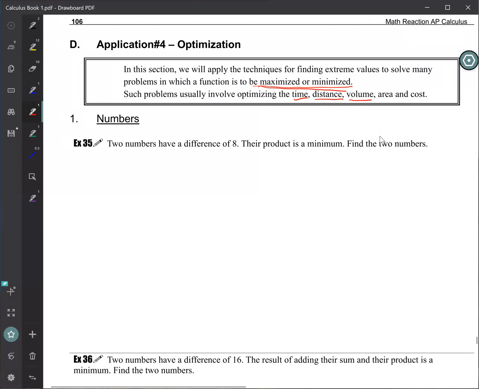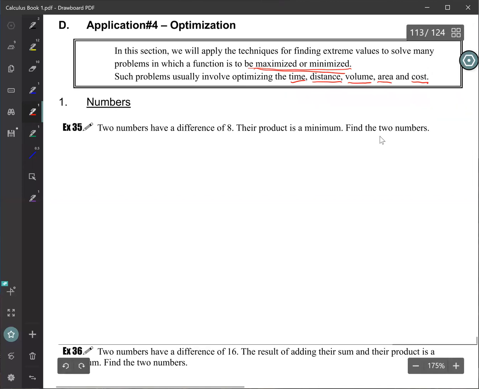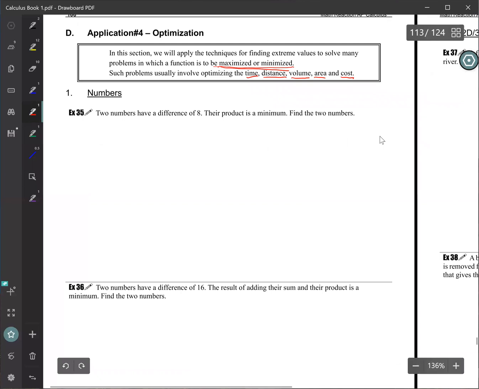If you have a certain amount of material, you want to build a can. And then minimize or maximize the area of a parking lot, minimize the cost during a production. So these are some of the examples you can apply calculus to. Let's start with the simple questions first. These two you've seen in grade 11, so we just use these two as a demo to show you the steps if we want to use calculus